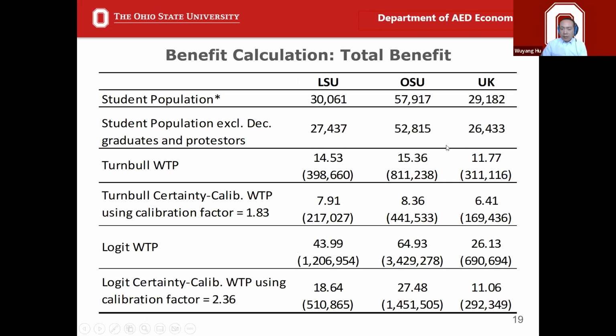This table summarizes the benefits: LSU, OSU, UK, total student number, undergrad student number. This is based on 2018 enrollment, I think. And we also adjusted our student numbers to a lower number, second row here. Why so? In order to achieve a more conservative measure of the benefits, we removed the fourth year, the graduating students, because we assume that they may have limited benefits if they pay a fee next year. Imagine I'm going to be graduating soon, I pay a fee, I'm not going to benefit from that fee on campus. So necessarily their willingness to support is potentially lower.